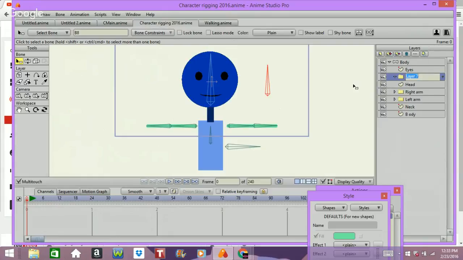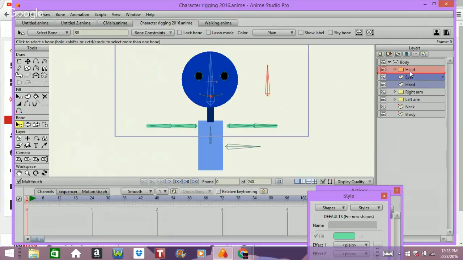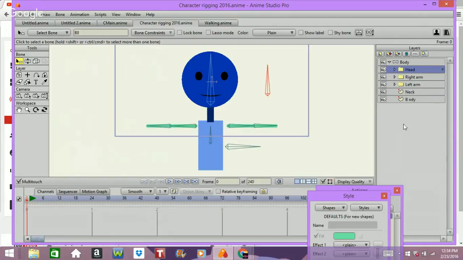Let's actually create another group layer, call it head, just so that it's easier to know what I'm looking at. And I'm binding these layers. So after you have laid out your bones in the staging area or the canvas, I don't know what you guys call it, but anyway,